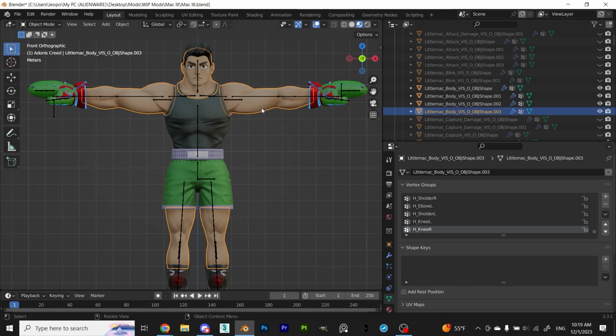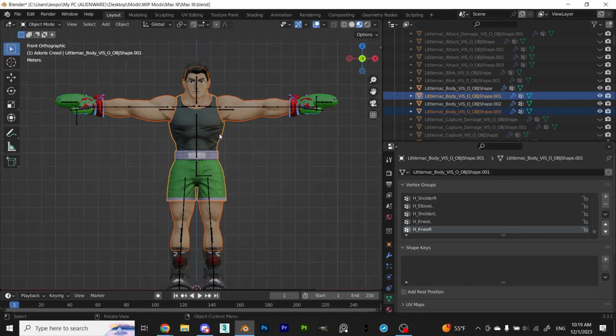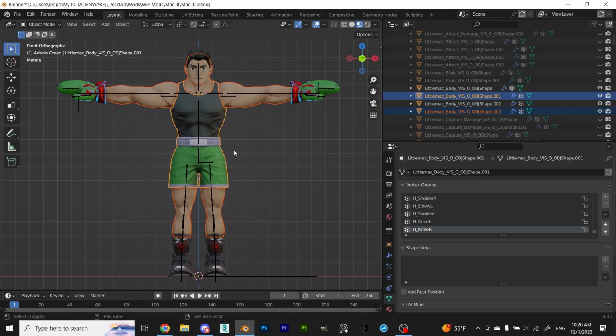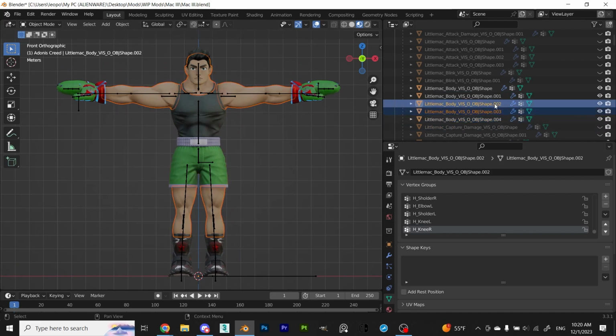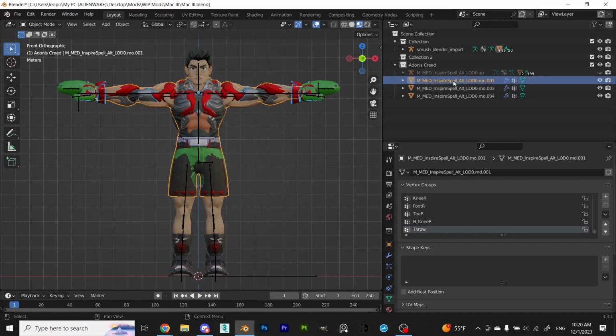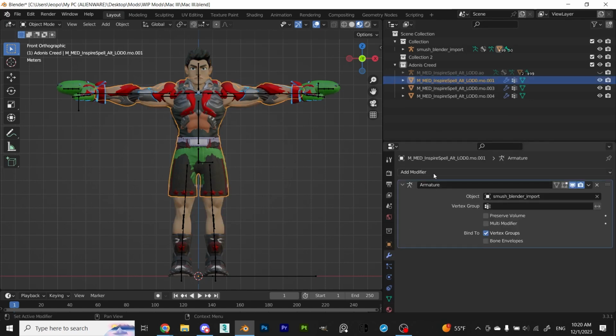Another preference I did was combining Little Mac body and clothes meshes so that I could transfer weights easier. To transfer the weights, you will be using the data transfer modifier and just copy what I did.